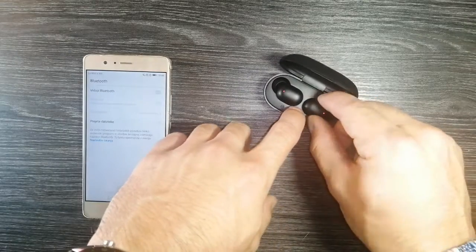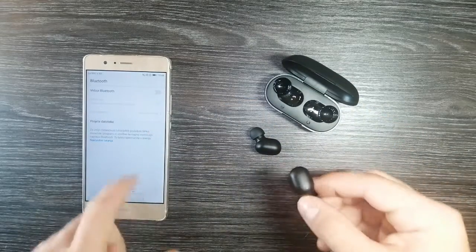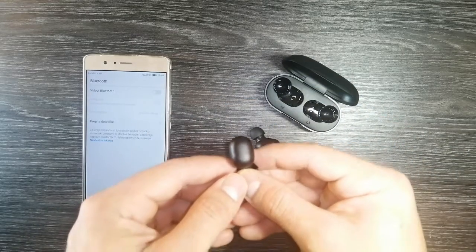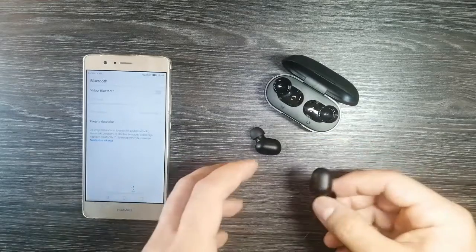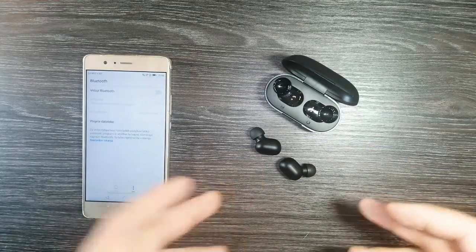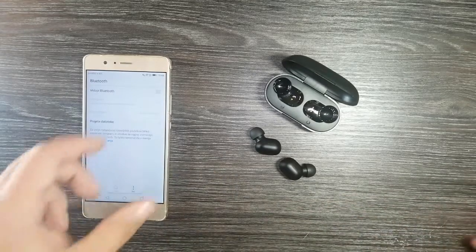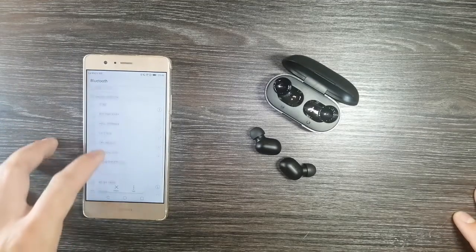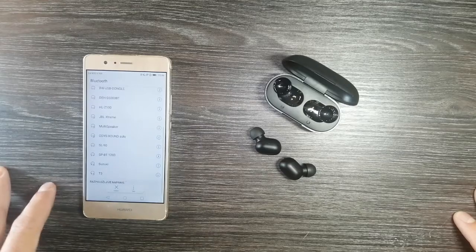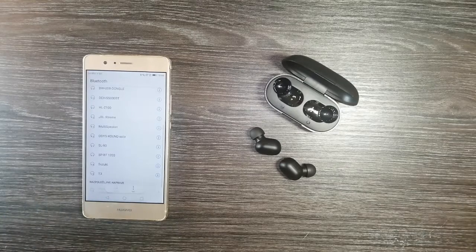Alright, so if we take the earphones out of the case and look at the right earphone's LED, we can see that it's blinking really fast. And this means that these earphones have not been paired with any device yet. So to pair our earphones with our mobile phone, we just have to turn on the Bluetooth and of course search for the appropriate device, which is right here, and it's called Haylou GT1R, and afterwards we can start playing